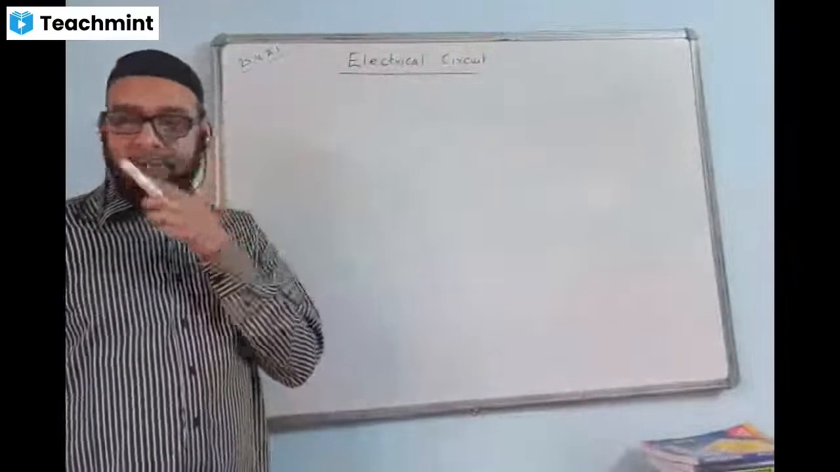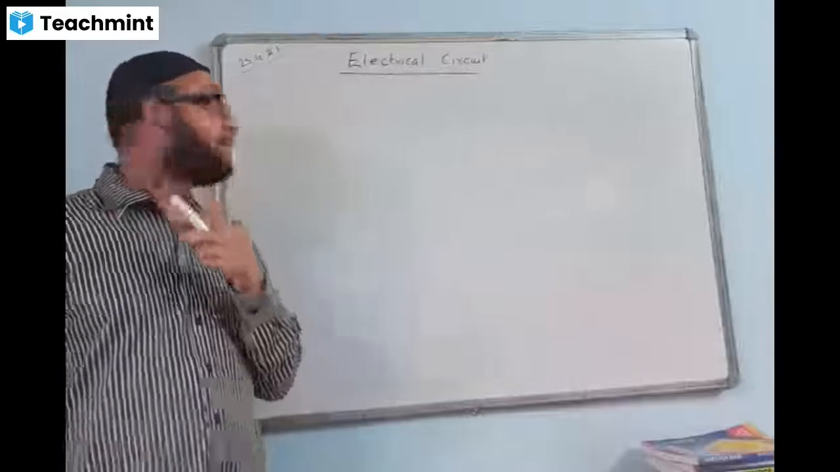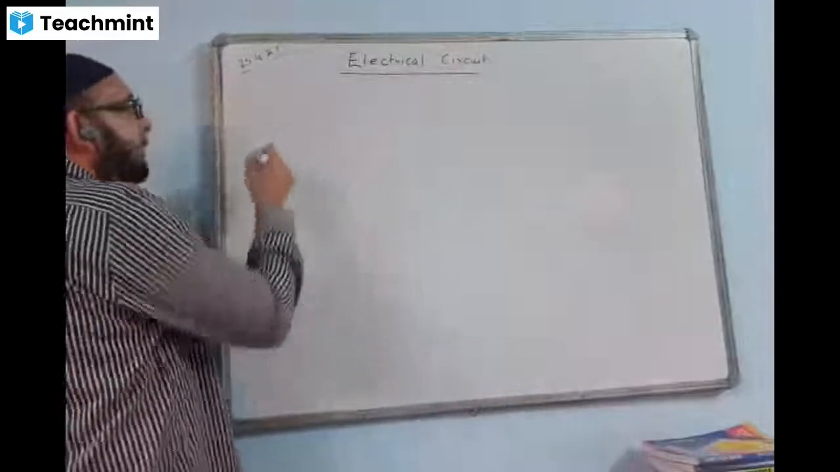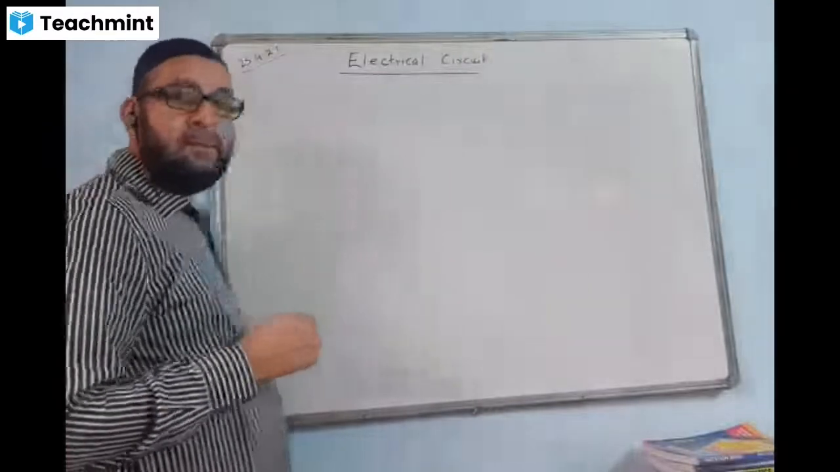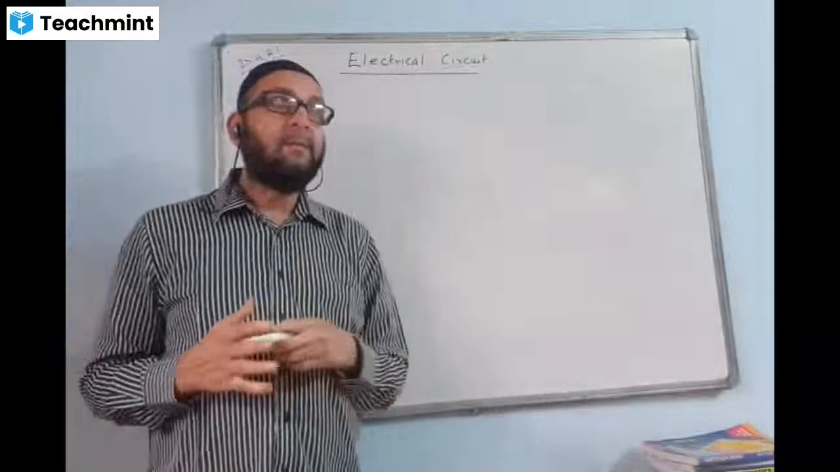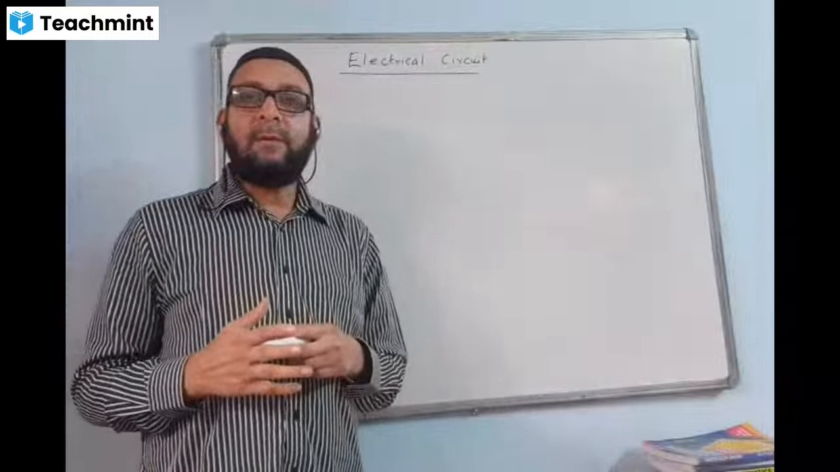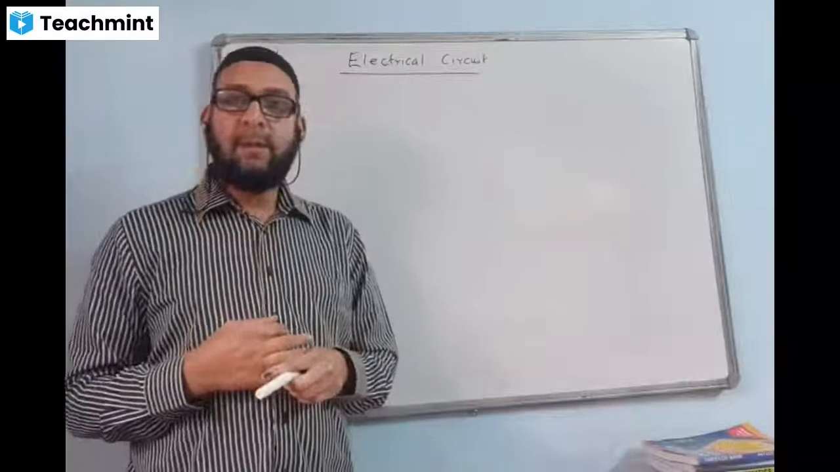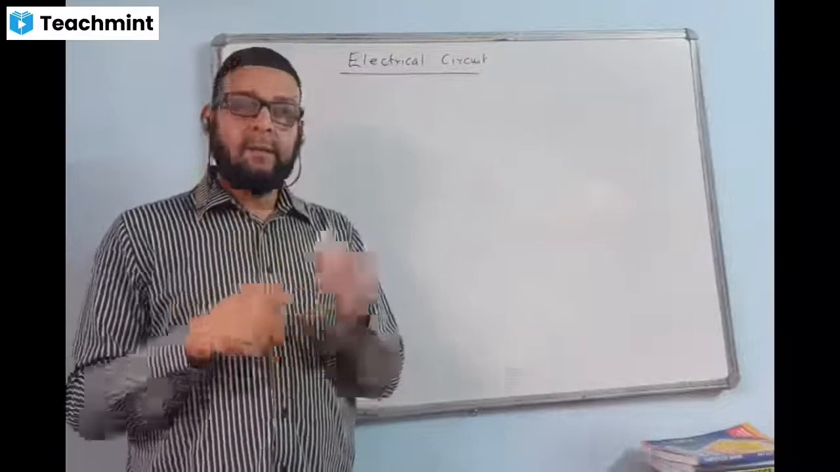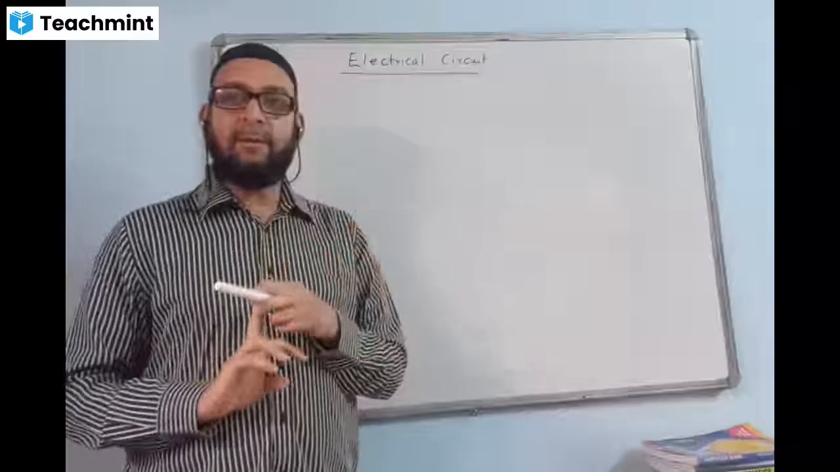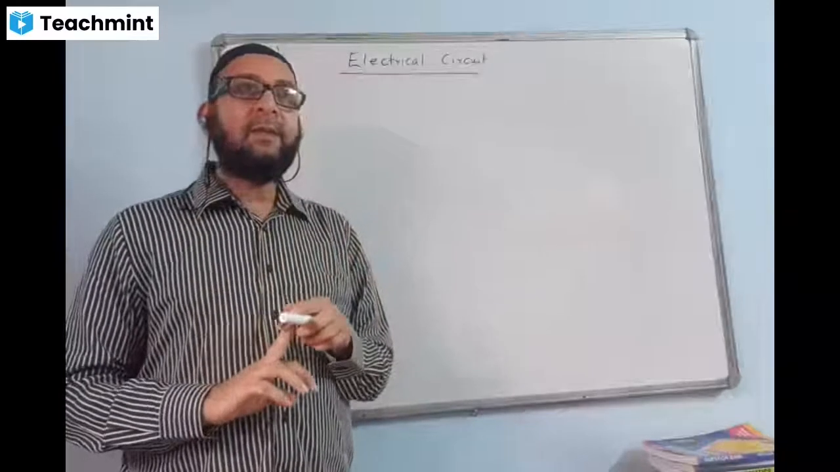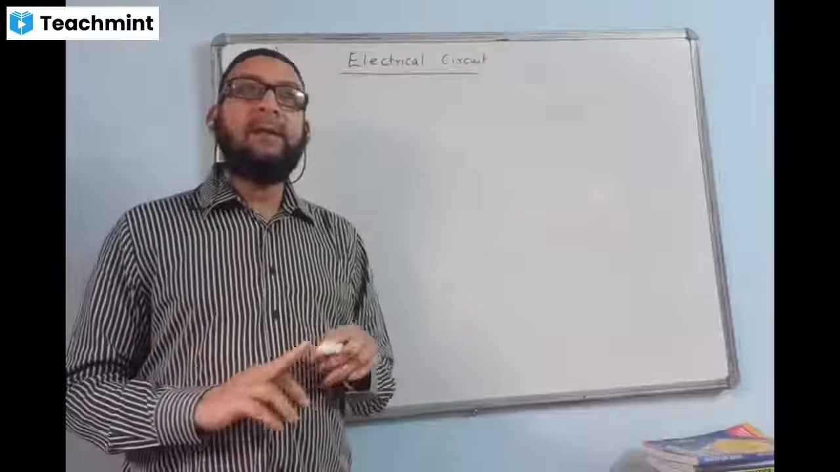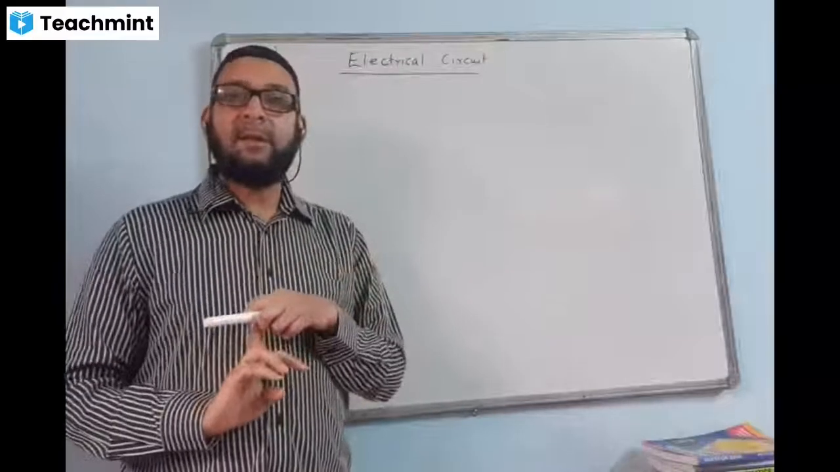Okay, now we are starting next topic, but of course of the same chapter. Now I'll talk about three types of instruments: galvanometer, ammeter, and voltmeter. First of all, we should know what is a galvanometer. We say a galvanometer is a device which